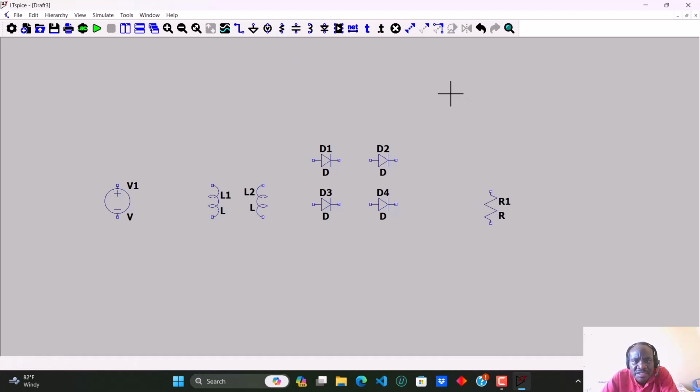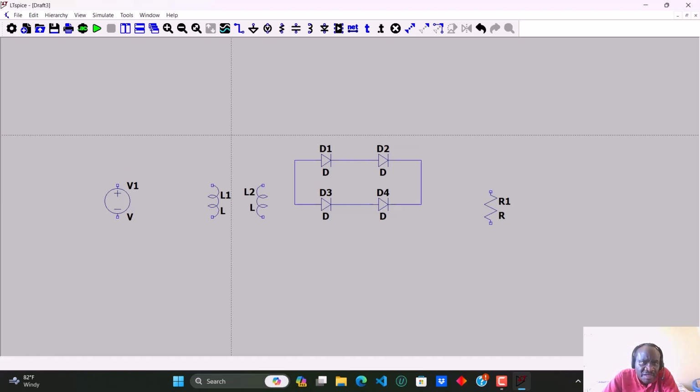Good, there we are. Now I want to use the wire to connect this up. I want to start by connecting the diodes. You can see I can click that point, and then I can just move the line forward. When I reach a place where I want to turn, I click, then I go down there. I click there, I go back. I click there, then I go up, and you can see I've finished connecting